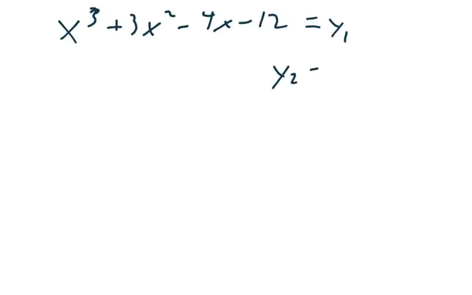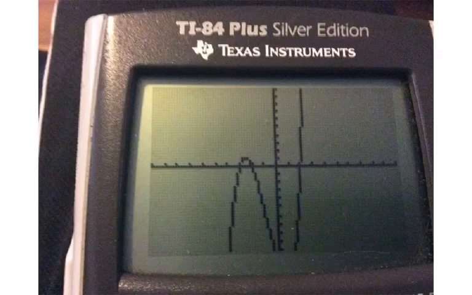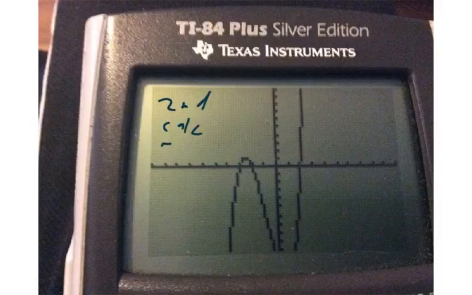For any other problem, I'm going to have y2 equals 0. So just leave y2 equals 0 for pretty much the next set of problems, anything we do in the graphing calculator. So when I graph this on the calculator, this is what the picture looks like. What we're going to do is second calc, and then we're going to do 5 for the intersect, and then you want to hit enter,